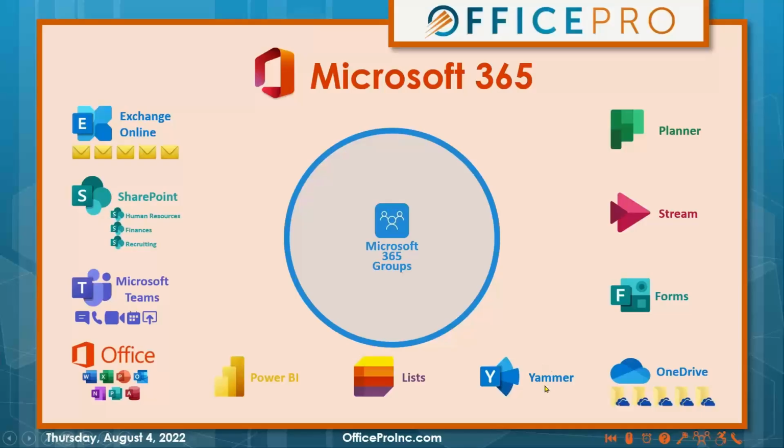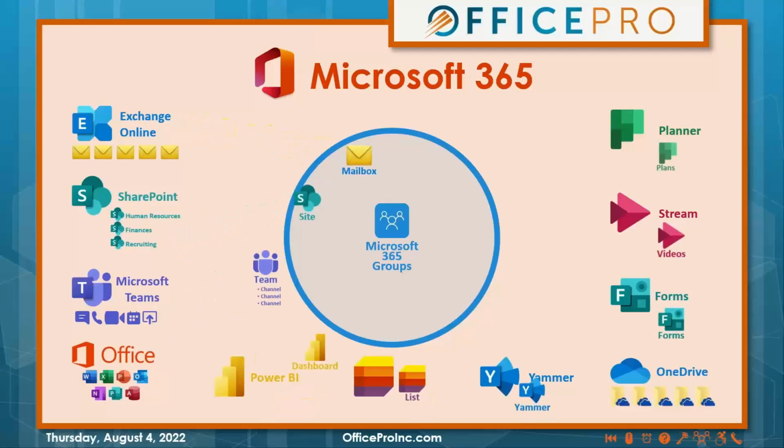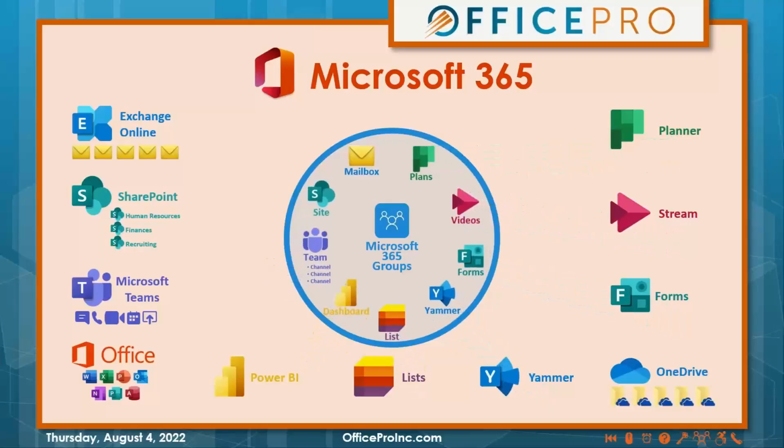And what these groups do is that they draw resources from all of these other services and apps for the collaboration of that group or team. So when you're working with a team within Microsoft Teams, yes, you do have teams there, but that's just a subset of a bigger feature called Microsoft 365 groups. And it's good to know that that team automatically gets a corresponding SharePoint site. It includes a shared mailbox, and it could include resources from all of these other apps and services.